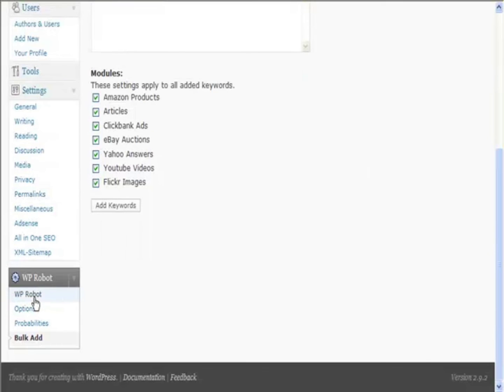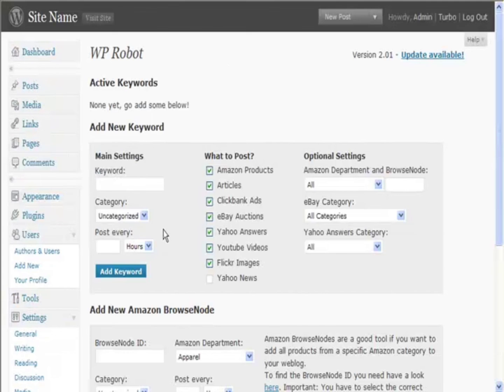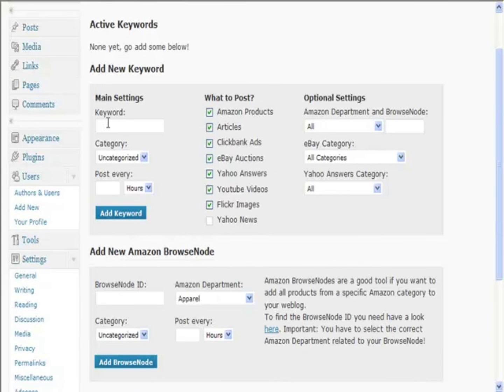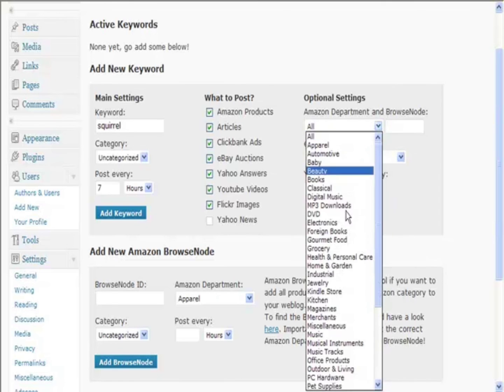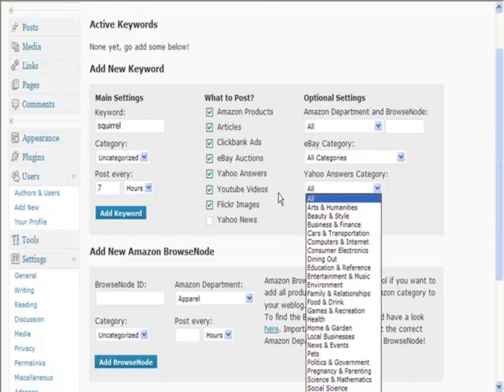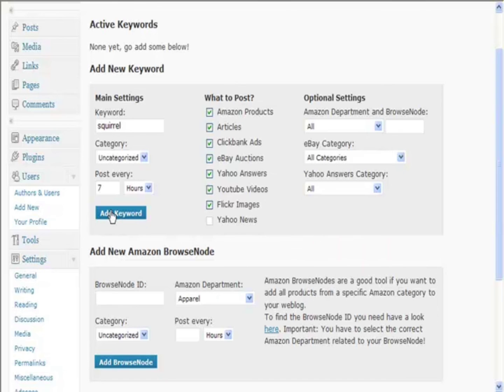Alternatively, if we just go to the main options here, we can put in keywords one at a time. So I could put in a keyword, could be squirrel. You pick your category, post every 7 hours, what to post, any of those. You can search for particular categories in any of these, and then you add keyword, and then it will start posting to your blog for you